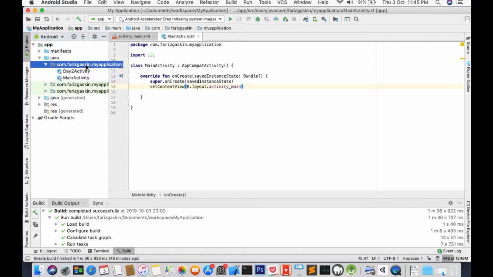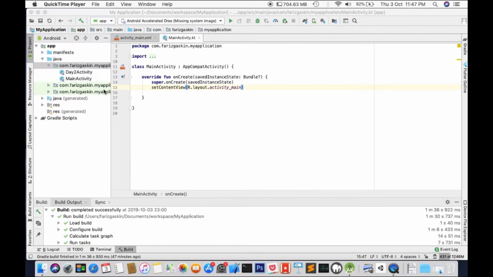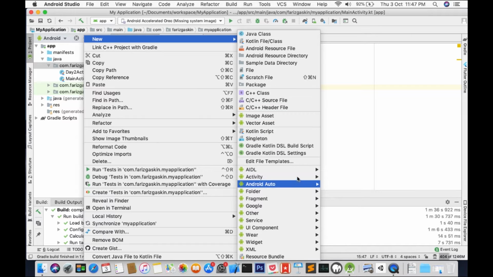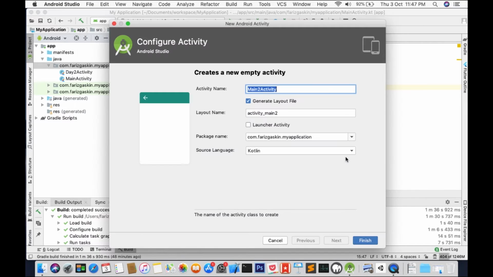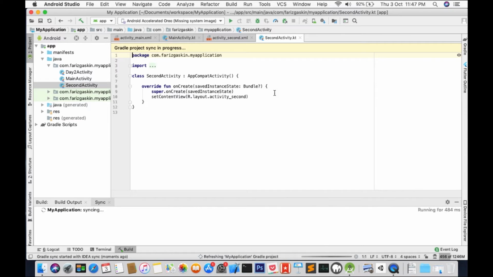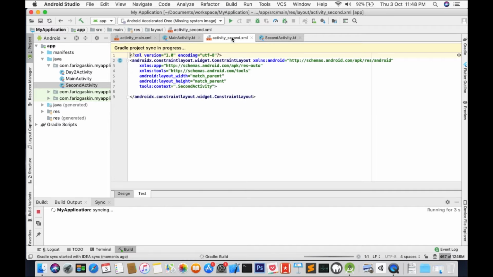and choose new activity. To make things simple, right click on the package, choose new activity, empty activity. We'll call this second activity, source language Kotlin, and finish. Right, so we have our SecondActivity.kt, and we'll go straight to activity_second.xml, go to design,